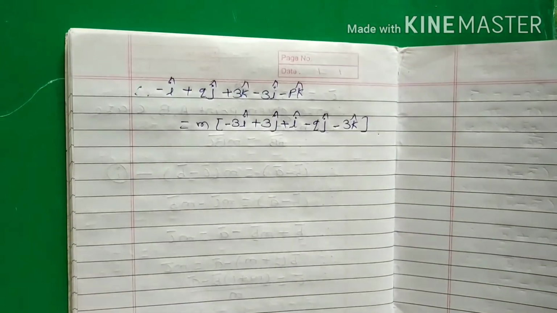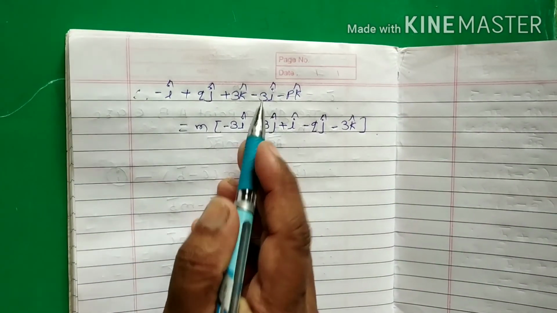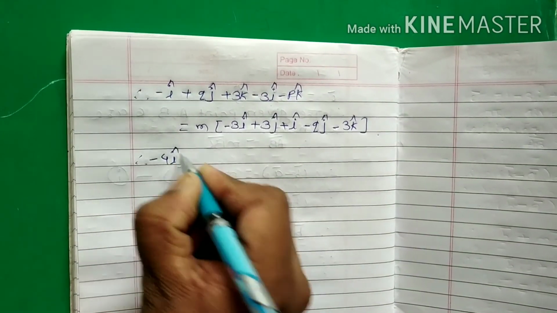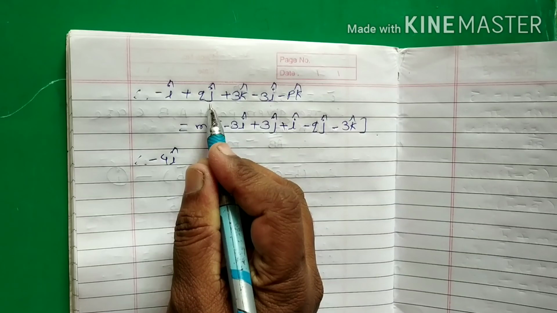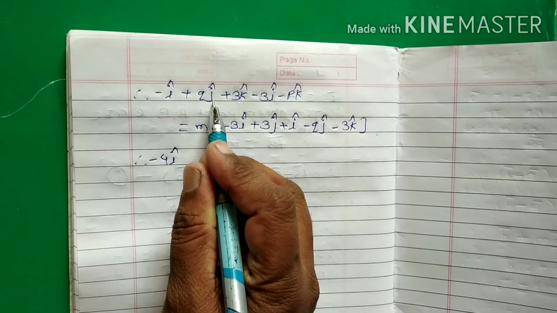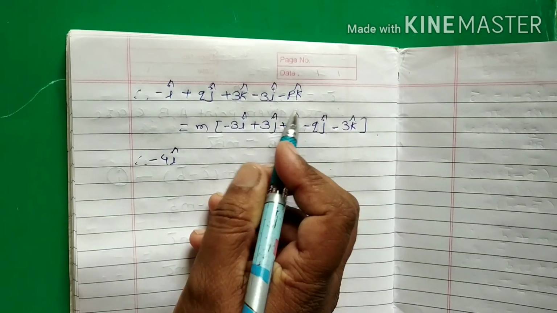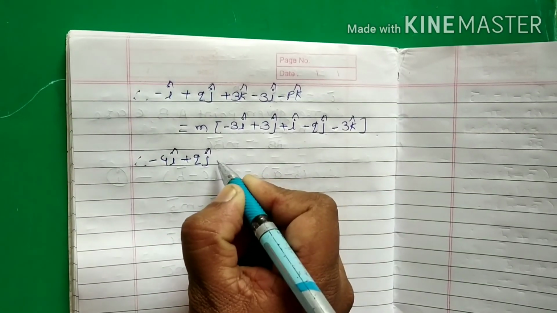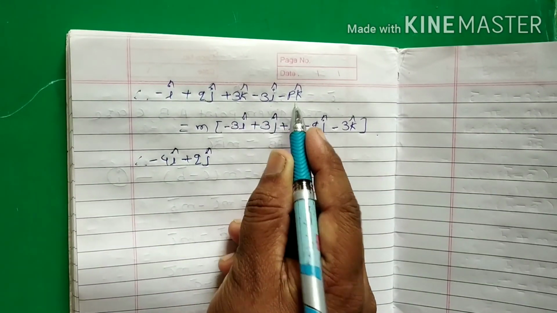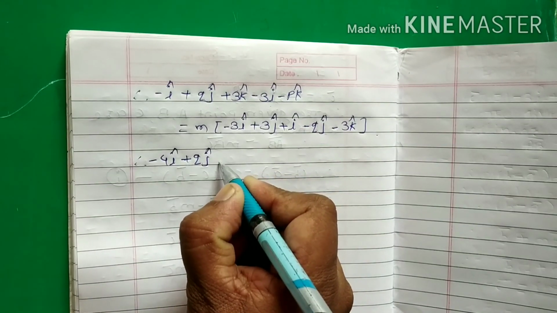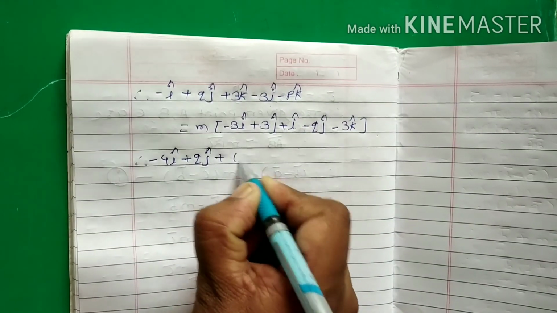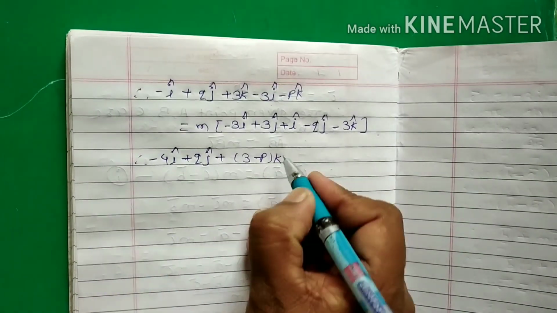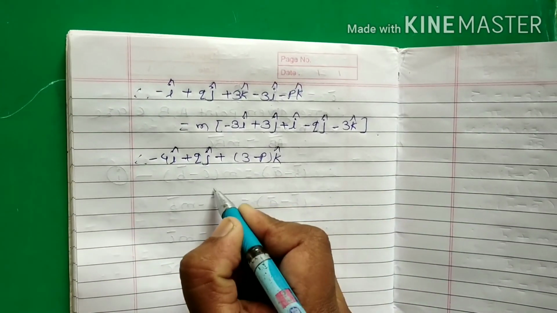Then we write the values. Minus i cap minus 3i cap, we get minus 4i cap. q j cap, here the j term is not there, so we write q j cap. 3k cap minus p k cap, k is a common term, so we write in bracket 3 minus p, and the common term k cap, is equal to